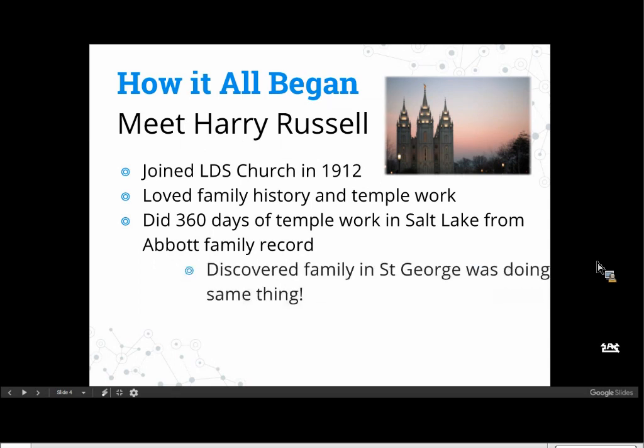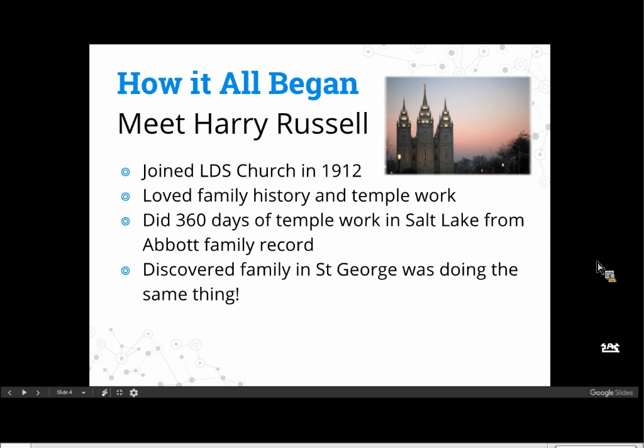Then one day he went down to St. George and visited some family there, and discovered that they had the same book and they had been doing exactly the same ordinances. So Harry was deeply troubled by this, probably not so much by the fact that people had double ordinances, but rather that for all the ordinances they duplicated, it meant that somebody else didn't get their ordinances done. So Harry started talking to church leaders and thinking about ways that he could solve this problem, and he talked with other temple presidents and learned that they were equally concerned about this problem of duplication, because